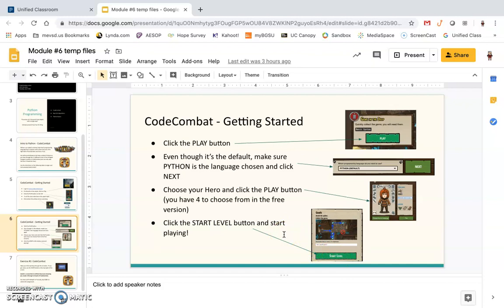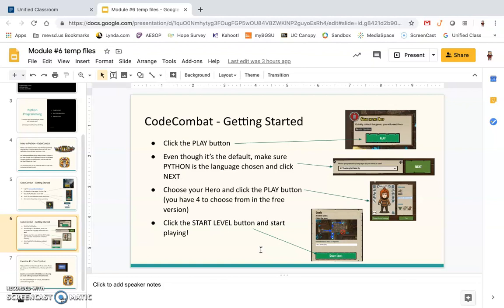The first level will also walk you through how the interface is used. So you have the screen in the upper left of the character and the path that it has to follow. On the right is the programming screen where you write the code in. You'll also see a hints button, a blue box in the upper right hand corner that will give you some additional hints. And in the middle towards the top, you'll see where it says methods, and those are the different methods or blocks of code, lines of code that you're going to write. So you're going to go to the right of the screen and you're going to write the next code. You should already have written in there